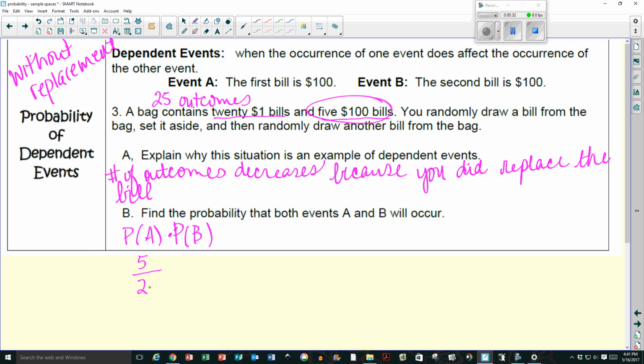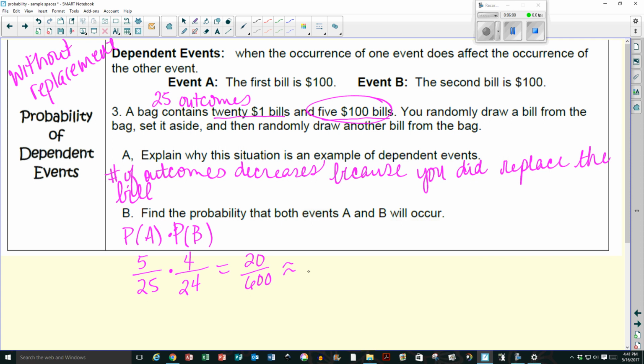So 5 out of 25. So I reach in the bag, I draw a bill, it's a $100 bill. I have a 5 in 25 chance of that happening, times, I set it to the side. Well, since I drew a $100 bill, the second time I want to draw a 100, there should only be 4 of them, and there should be 24 bills in the bag now because you took one out and set it to the side. So when you go through and multiply this, you're going to get 20 out of 600,